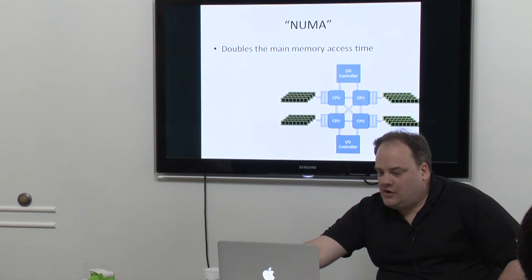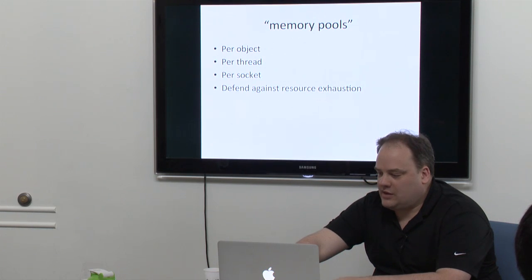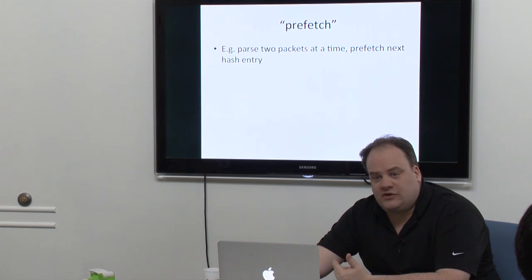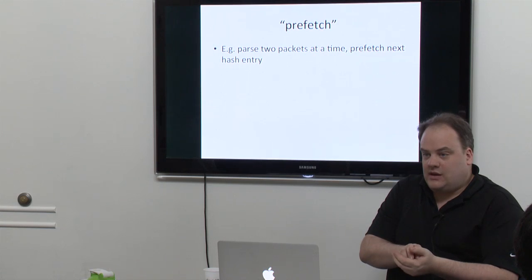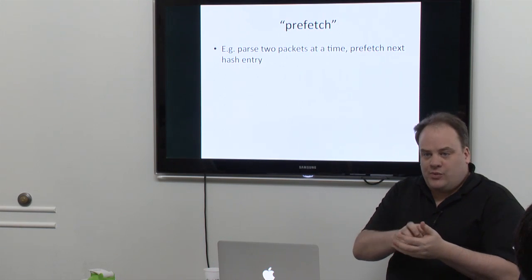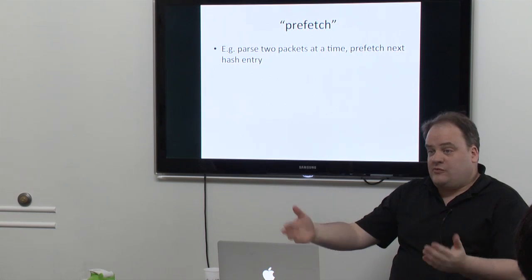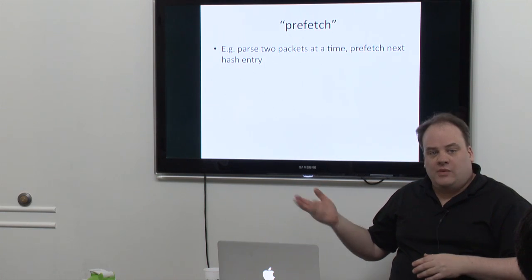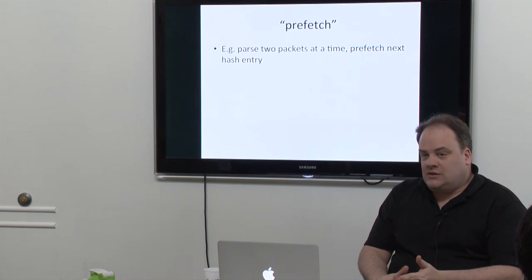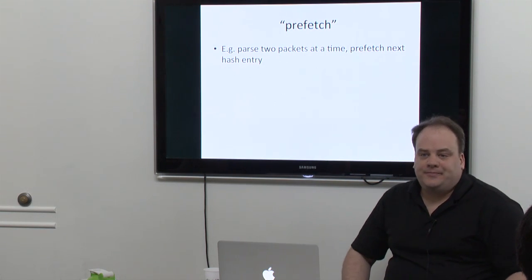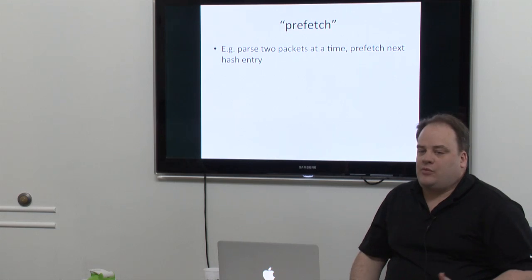Multi-socket CPUs add memory access costs, so be aware of that. And the slab allocator stuff. You can also control the prefetching. So one thing you can do is, when I get an incoming packet, I grab a couple of packets, pre-parse them all, grab the TCP/IP socket information, and then execute the prefetch instruction, which returns immediately but tells the cache to go load the memory. By the time I'm done processing the current packet, the memory for the next two packets will also be loaded. Now, be aware this often leads to lower performance if you don't benchmark, but it can lead to higher performance if you're careful.